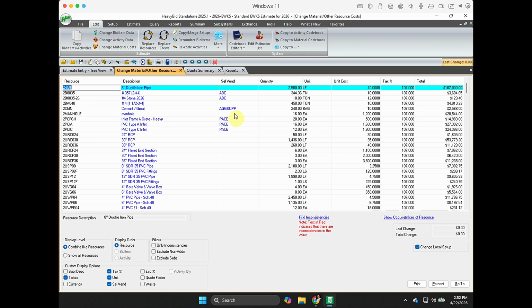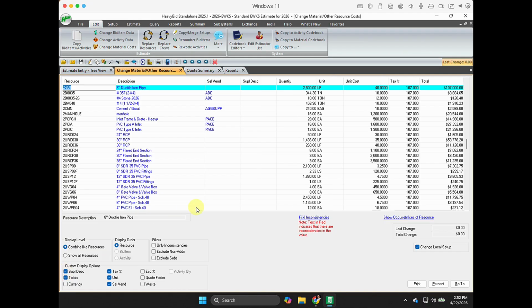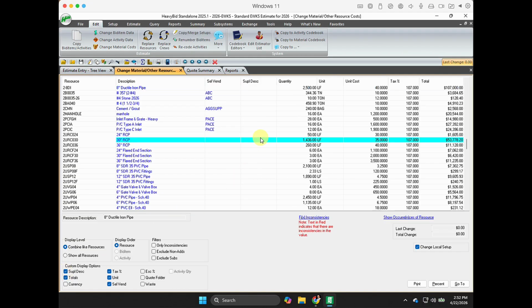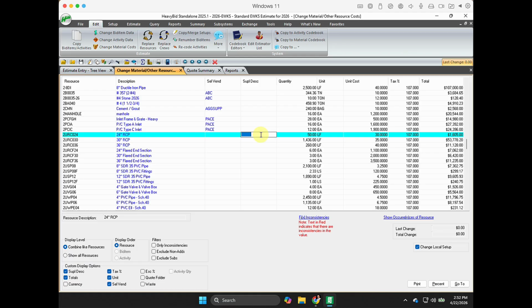Now you notice there is a selected vendor there. That's coming from my subcontract system. Ideally, that would be where I'd want to put that information. Now I can also come over here, and at the bottom left I have supplemental descriptions. That could also be a way that I can group those. The only problem is, yeah,